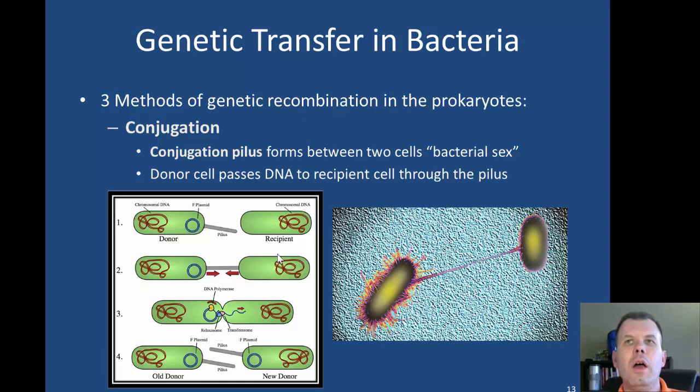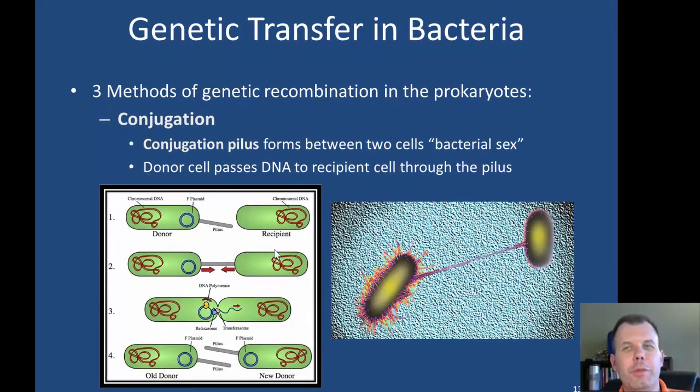Okay? Now, I mentioned before that bacteria can exchange their DNA, and there are actually three ways that bacteria can exchange their DNA from one bacteria to another. Some of it kind of looks like sexual reproduction, and others is basically just taking DNA out of the environment and sucking it up. I want to show you an example of each one of how these guys do it. The reason bacteria do it is that they can attain more genes to survive in areas where they might not be able to survive on their own. So it's all about getting more genes from the environment.